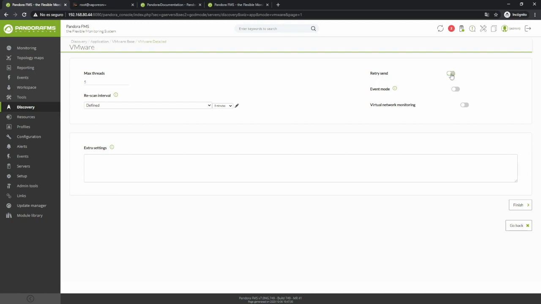Secondly, the option to enable event-based monitoring of the VMware vCenter. And finally, the option to enable VMware-defined virtual network device monitoring. You may also define rescanning in this interval, also set by default. The box at the end will give you the possibility to add extra options in text mode,